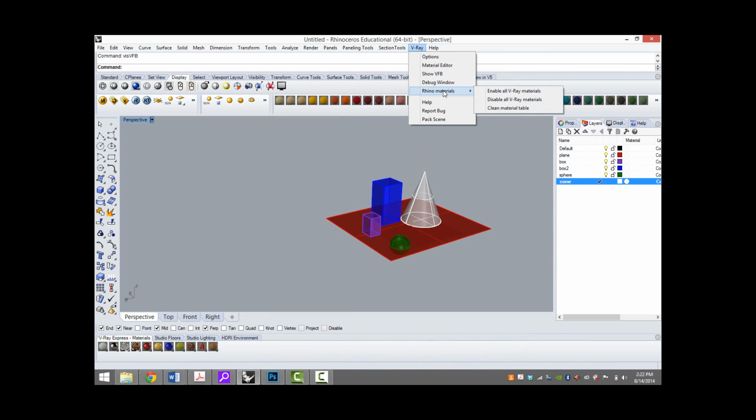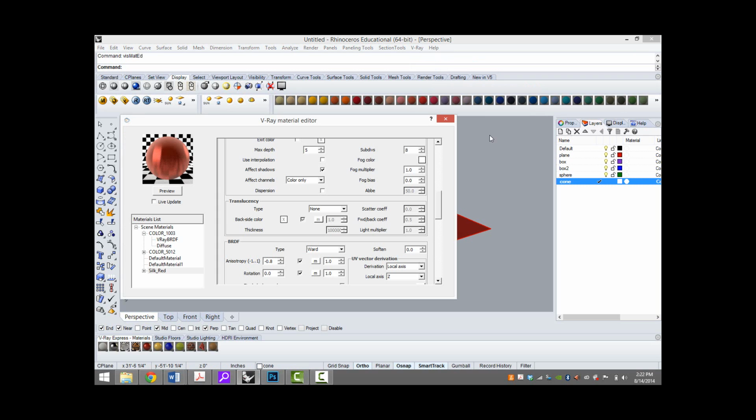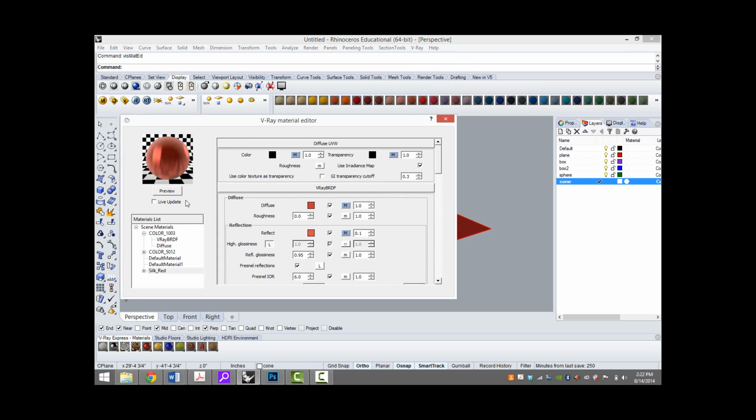And then there's a Rhino materials area, and that's for making very basic, just solid color with basic transparency and reflection qualities. But let's first go into the V-Ray Material Editor. And there are three parts to this material editor. There's the materials list, which lists all the different materials you're using in your scene. There's the preview area here, so if you click on one of your materials that you've created,